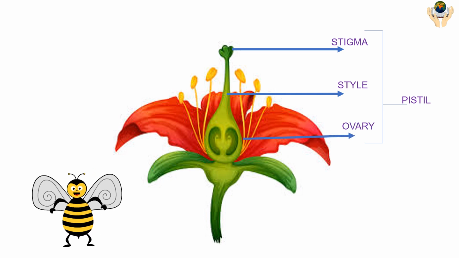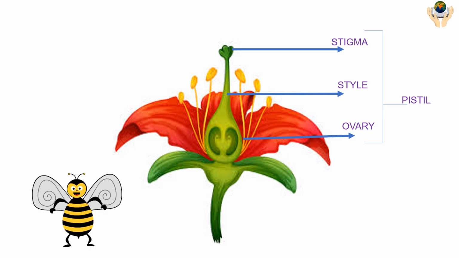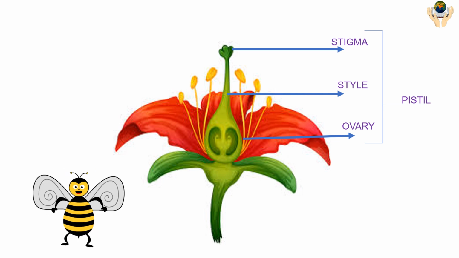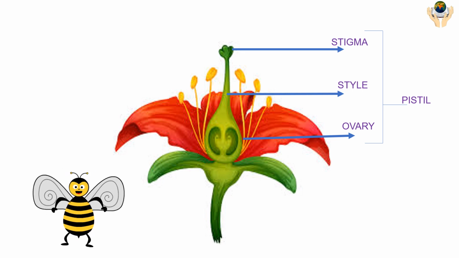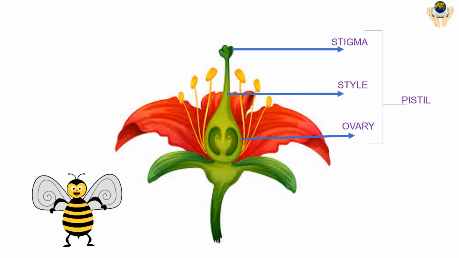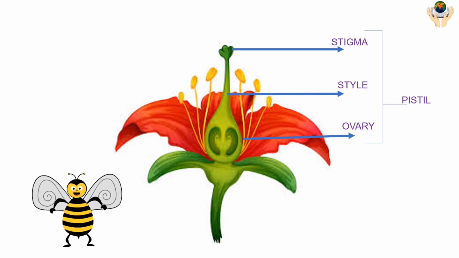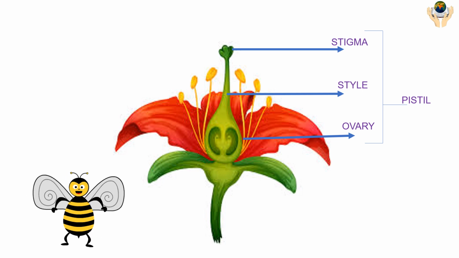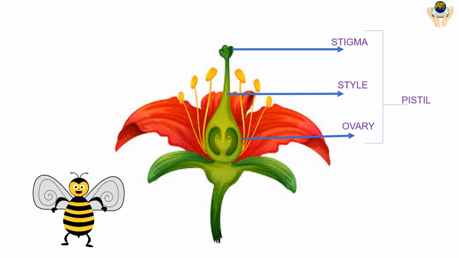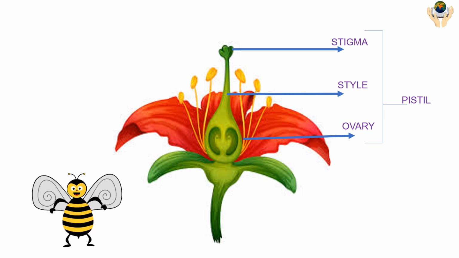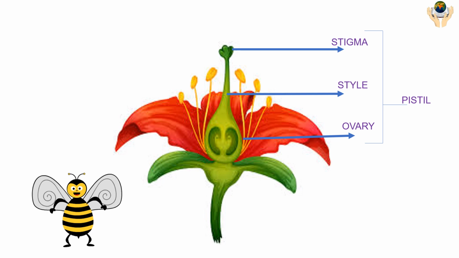Ovary. They form the base of the pistil. The ovary holds the ovules. Ovules. These are all the egg cells of the flower. They are contained in the ovary. In the event of favorable pollination, where a compatible pollen reaches the stigma and eventually reaches the ovary to fuse with the ovules, this fertilized product forms the fruit and the ovules become the seeds of the fruit.